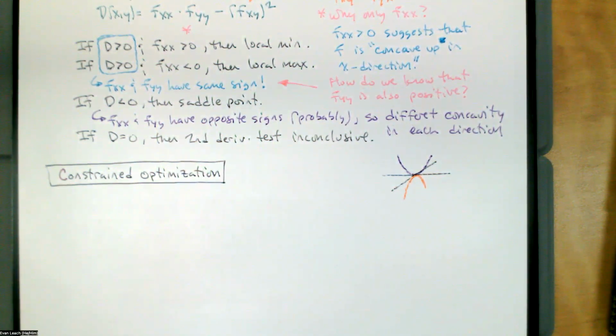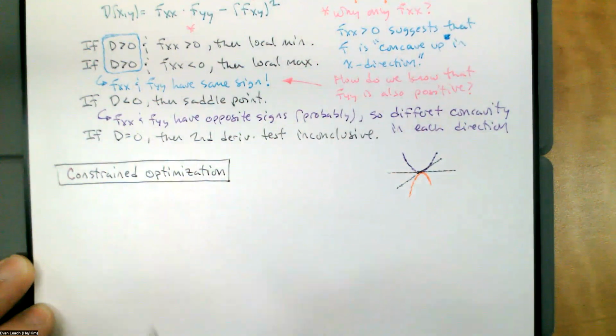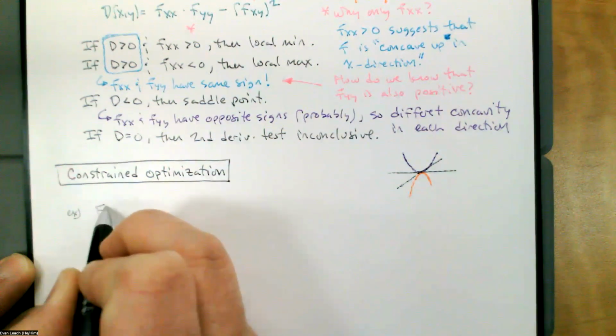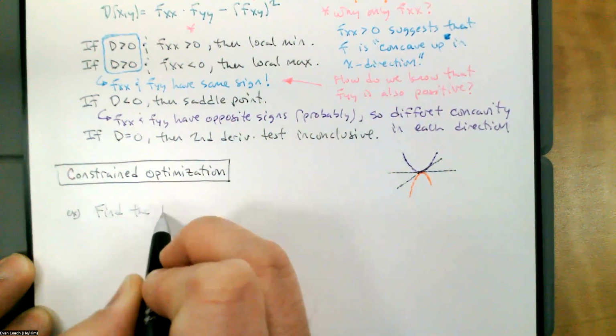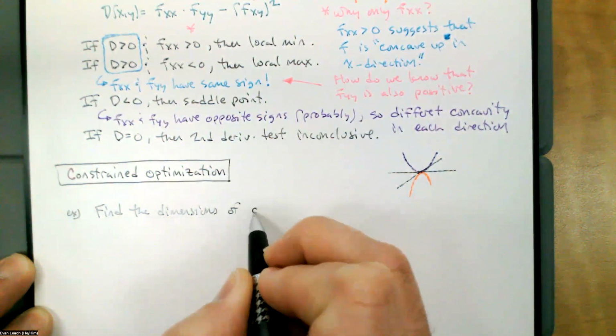Now, with polynomials, we can talk about local maximums and local minimums unless we restrict the domain. Only look at a certain set of values, a certain neighborhood, and then we can have a global maximum or a global minimum. With constrained optimization, we do a similar kind of thing to restricting the domain. And we'll want to do something like this. Let's just do the one I always do. Find the dimensions of a cylinder